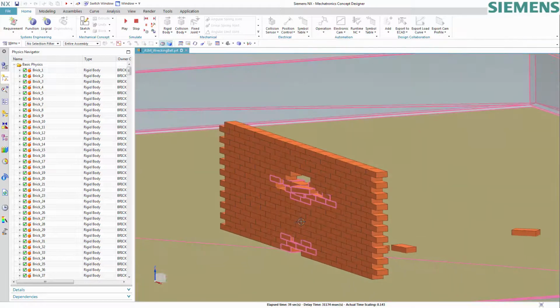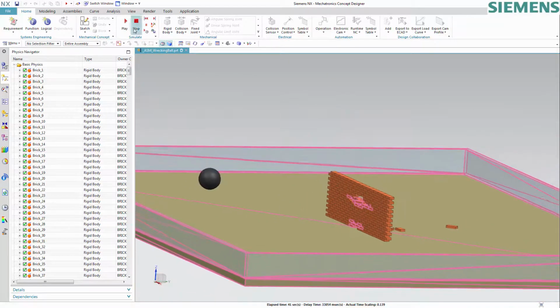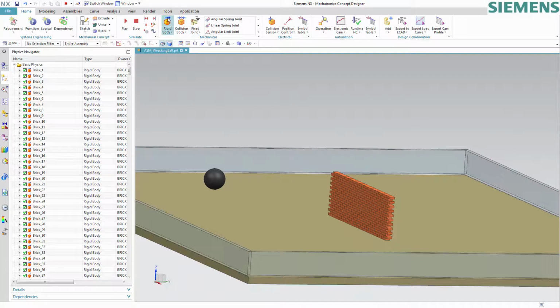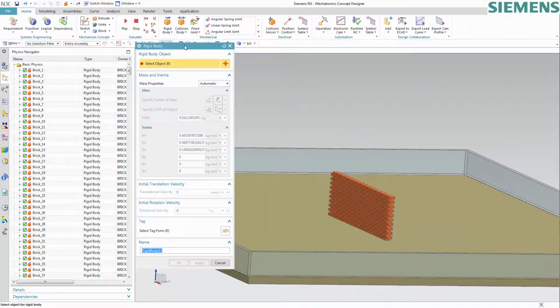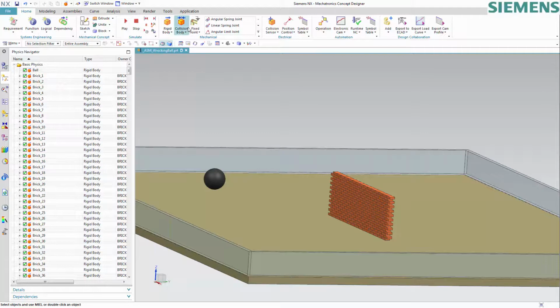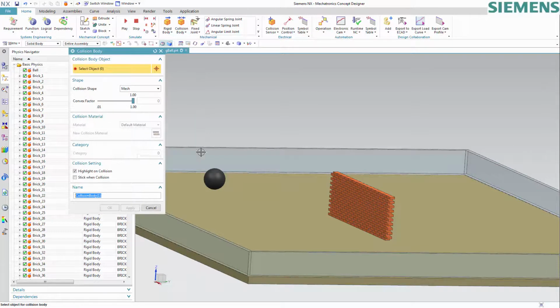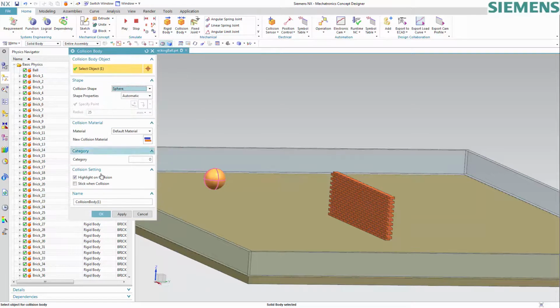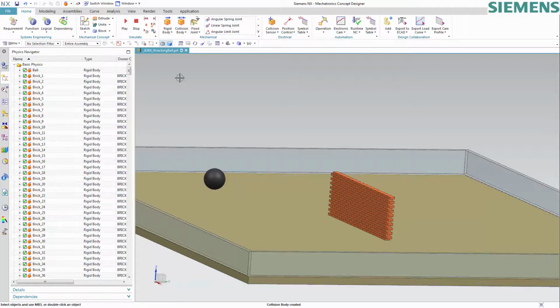So now we can just model the ball as a wrecking ball. So we'll just select the ball and I will also apply a collision body to this as a sphere. And now you see we have the ball here, and it also carries a collision body. And when I play the simulation now,